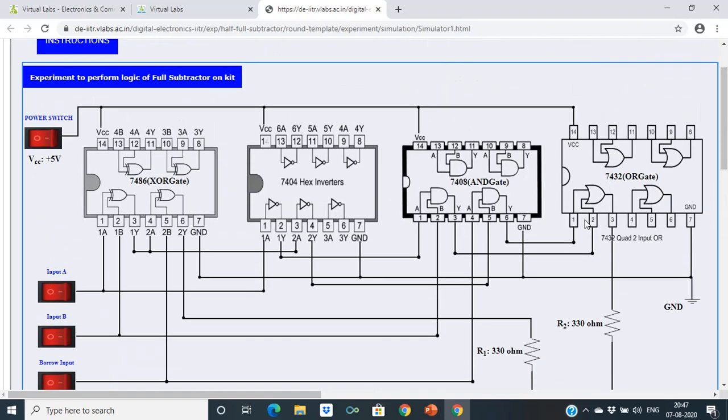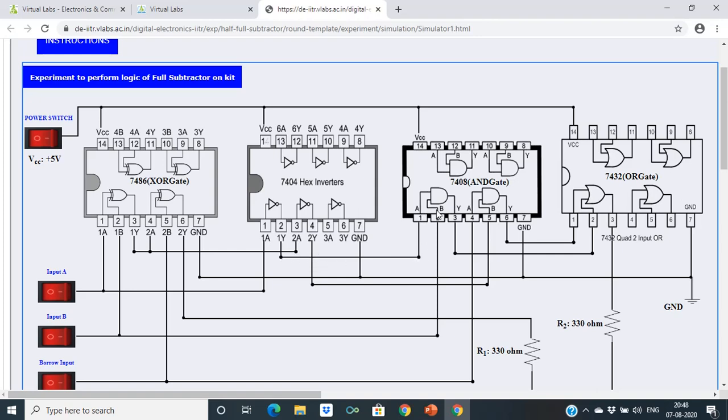So you can see this is the OR operation. Here you are getting a, and you are getting a bar from here.